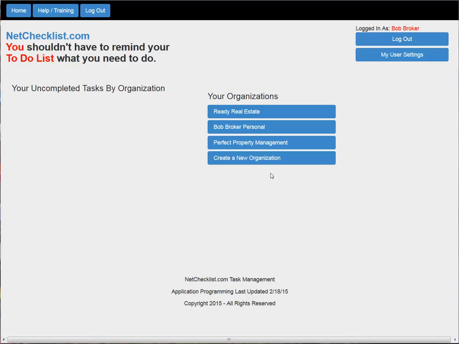Now at this point Bob is logged into the application, but he's not working within any organization. So notice that you don't see a task list or any of the menu items to add tasks or checklists or projects or any of the other things that have to belong to organizations. Now, as we discussed in the introduction video, everything you create in this application must go into an organization with the sole exception of the user accounts. So you won't even see the menu items to work with any of those things until you actually go into